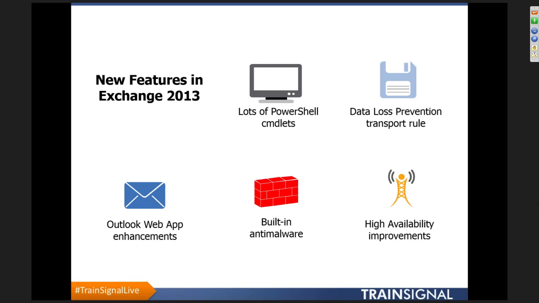I personally find the Metro interface, especially in the Office products, to give me a little too much white space, and I feel like I'm blinded all the time. So that's my complaint. As we mentioned, there's built-in anti-malware with Exchange 2013, and there have been additional improvements to high availability. A few different design enhancements in terms of being able to have even automatic failover of high availability